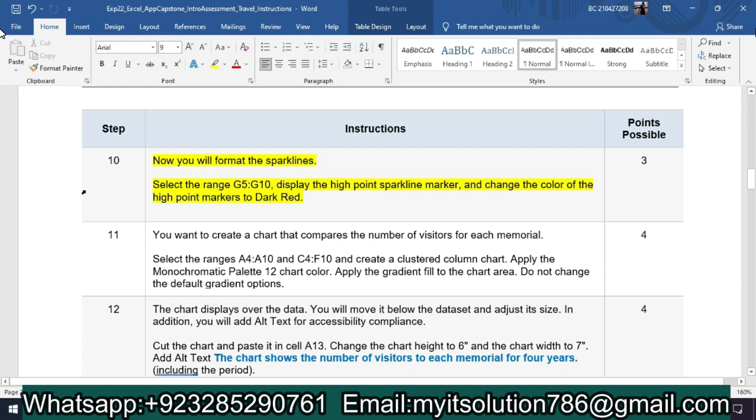So in this step we select the range A4 to A10 and C4 to F10. So we select the range A4 to A10, this one, and C4 to F10, this one, and create a clustered column chart. So in the insert tab, in this one, so here is clustered column chart,